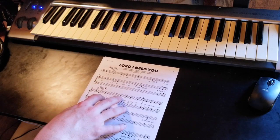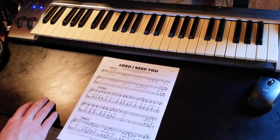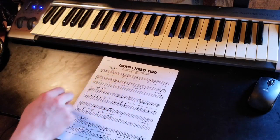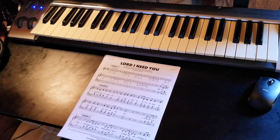I've suggested in the arrangement that the lead vocalist, the worship leader, whoever, sing the first verse by himself or herself. But, of course, you're free with your own choir to do this however you want. Maybe you want the choir to sing along. I know in the past, when I've worked with choirs, in this kind of an arrangement, I would